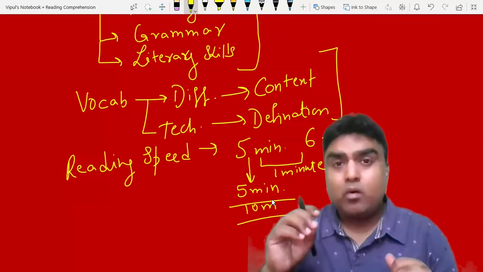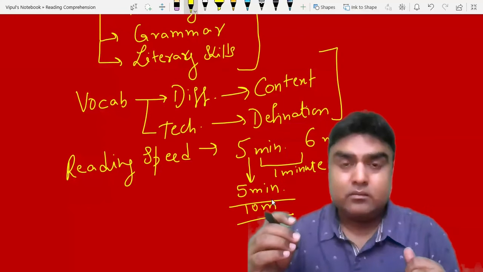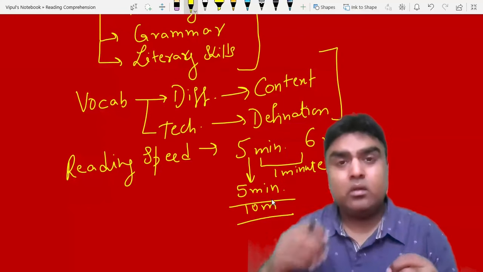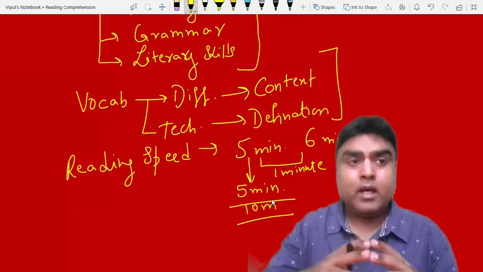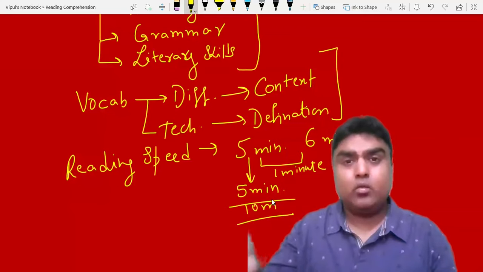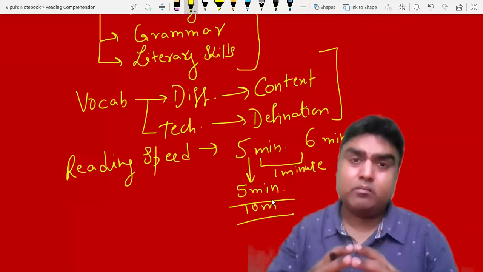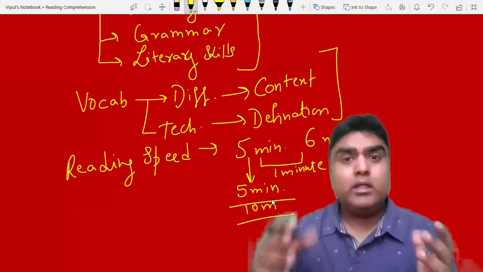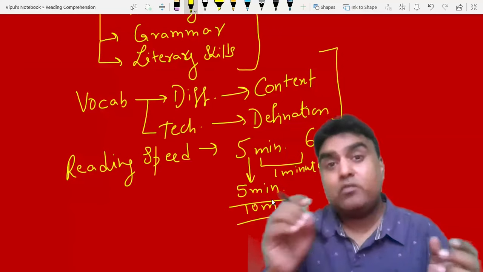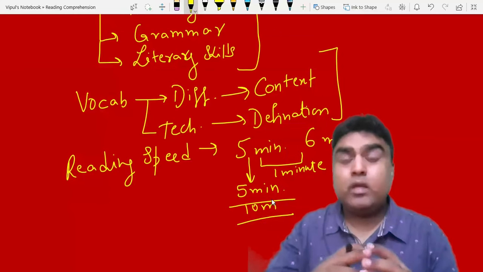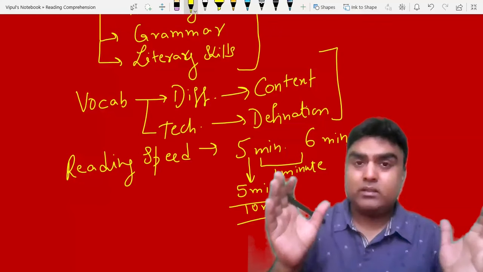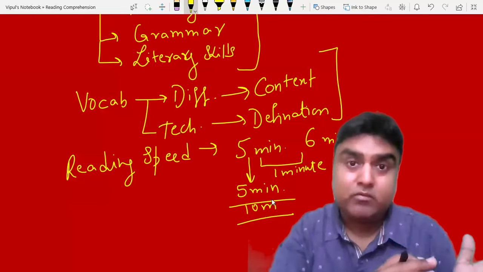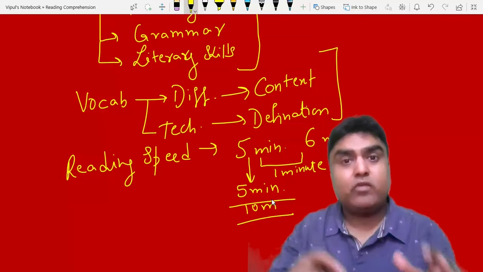So it's not important to be a fast reader. It's important to read the whole thing and understand it in one go. अब now in a comprehension में अगर 200 words या 300 words का passage है, you don't need to remember each and every specific detail. You should always try to focus upon the main idea. Are you able to understand the main idea without understanding each and every word or a difficult phrase or a